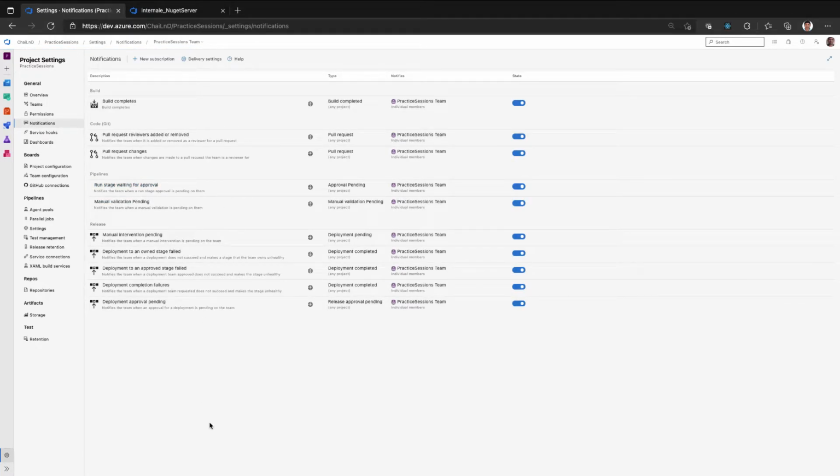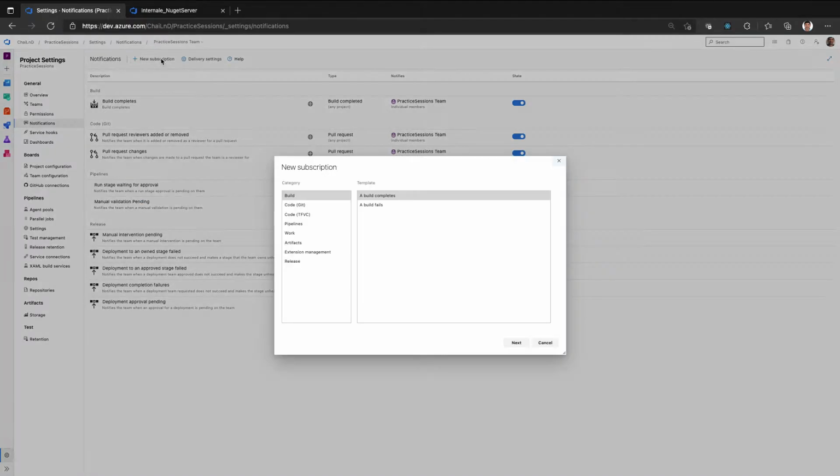This is where you can configure various notifications that you want to send whenever there is an event. There will already be some default configuration. For example, whenever a build succeeds, an email is sent to the team, in this case the project team. And whenever a pull request is updated, added, or changed, or any other basic events. So in order to configure a new notification as per your need, you click on new subscription and then